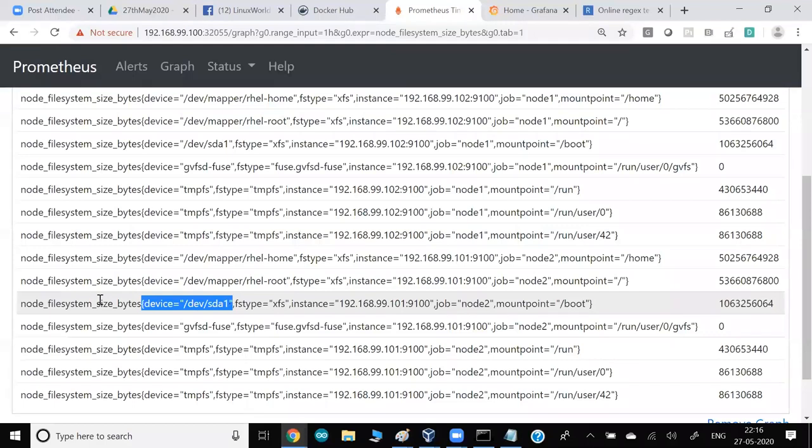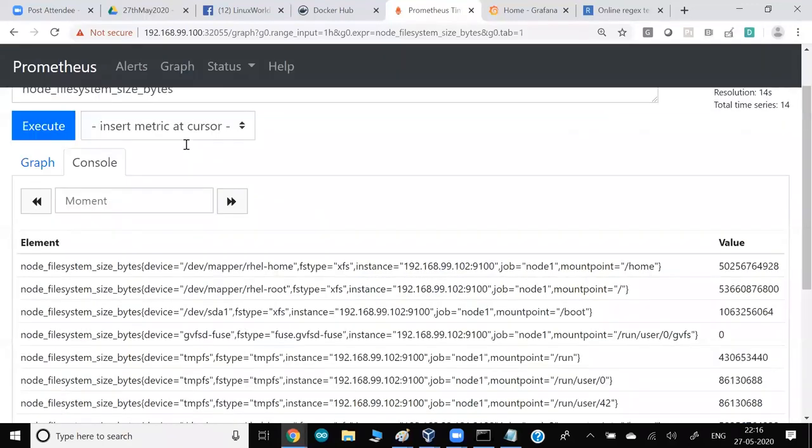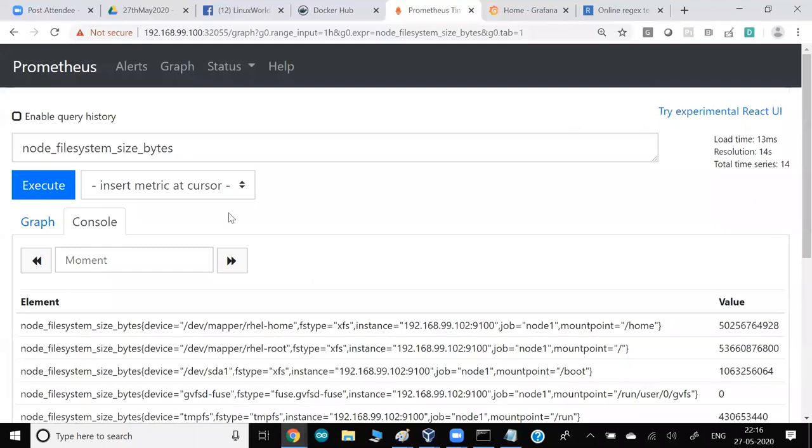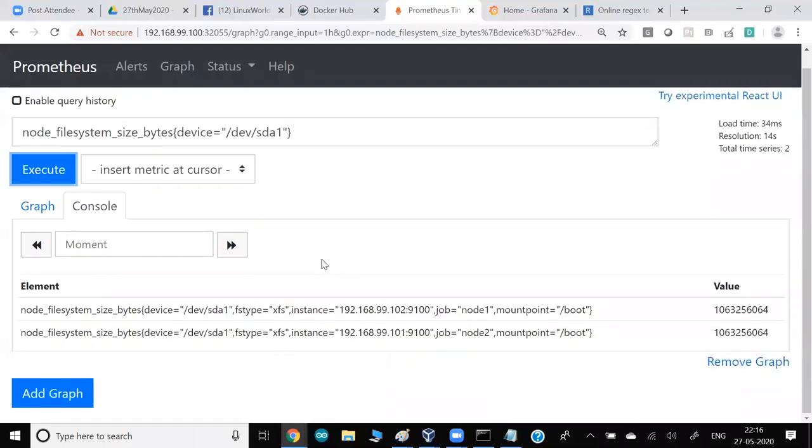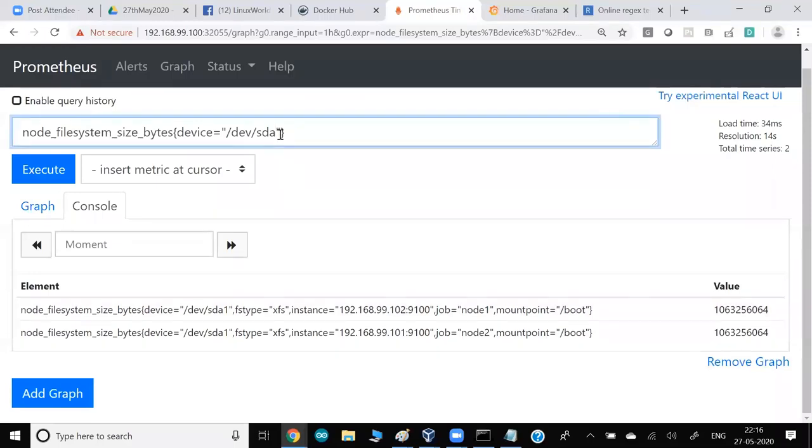Right? So every metric has its own labels. So here this is the label we have. So we can search this label like this and click. So they show me node 1, node 2 has this partition. Or maybe in some cases they have partition number 2 or 3 also. So here again you can use, instead of 1, I can use dot. Dot is not the perfect character, but logically in Linux the partition is always between